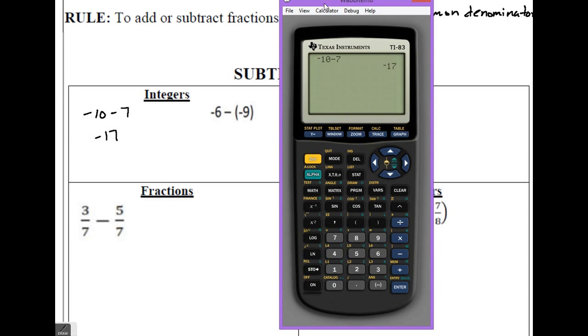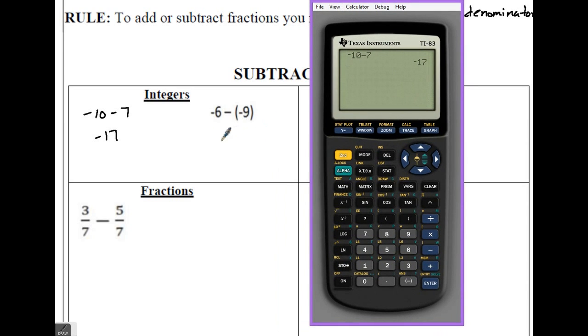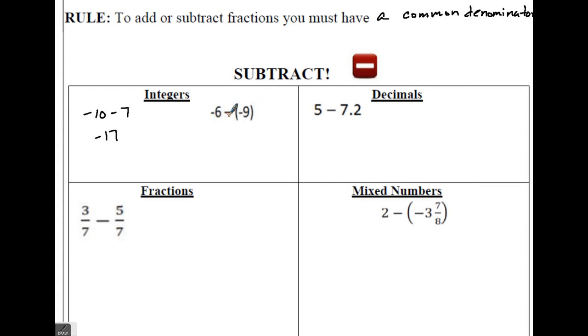Alright, let's look at the next example here. So you have a negative 6 minus a negative 9. So what you have here is a double negative. It's like saying I will not go to a show, which means that you actually do go to the show because you're using a double negative. So we are going to rewrite this, and a lot of you know what to do here. One of the things you can do is just go ahead and change the minus with a negative 9. The negative times the negative turns it into a positive, so you can just go ahead and change the symbol there. And so what you have here is a negative 6 plus a 9,